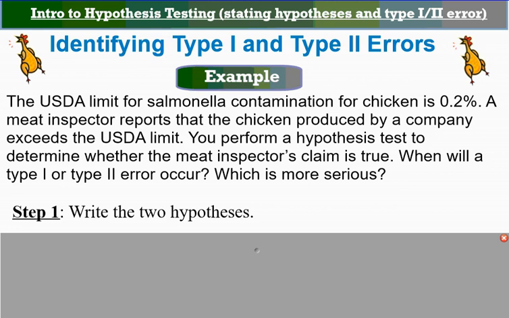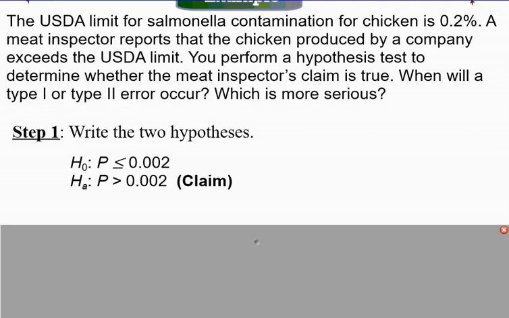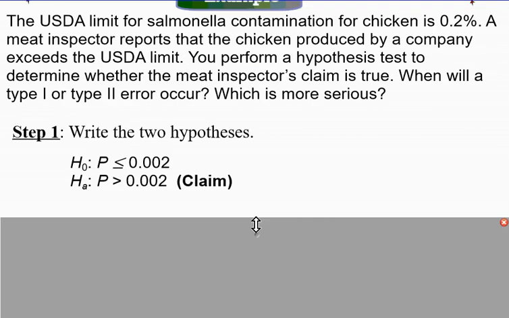The USDA limit for salmonella contamination for chicken is 0.2%. A meat inspector reports that the chicken produced by a company exceeds that limit. You perform a hypothesis test to determine whether the meat inspector's claim is true. When will a type 1 or type 2 error occur? Which one is more serious? So the first thing you need to do is write the two hypotheses. The null is that the proportion is less than or equal to 0.002, that's 0.2%. The alternative is that it's greater than 0.002, which is greater than 0.2%. And that's the actual claim